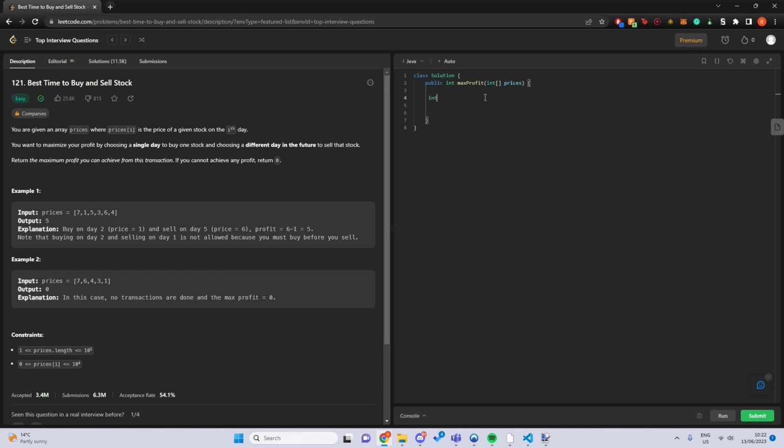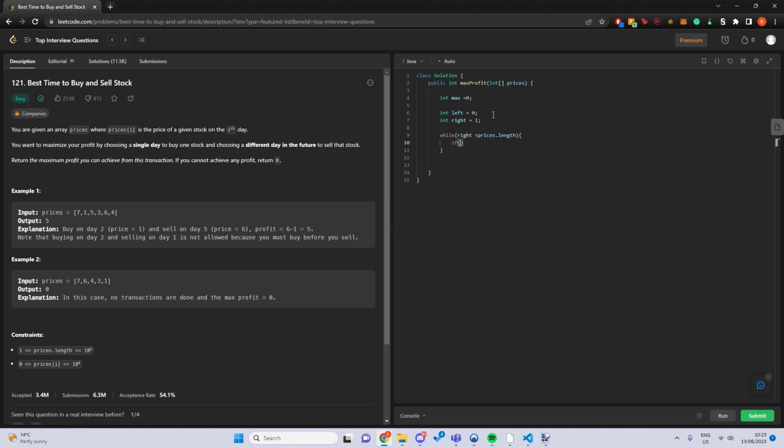So we're going to have, was that indented right? There we go. Int max equals 0. And we're going to need our left and right cursor. Integer left equals 0, integer right equals 1. So we're going to do while right, because right is always 1 ahead of it. So we want that to be the deciding variable of how long we go for. While right is less than prices.length